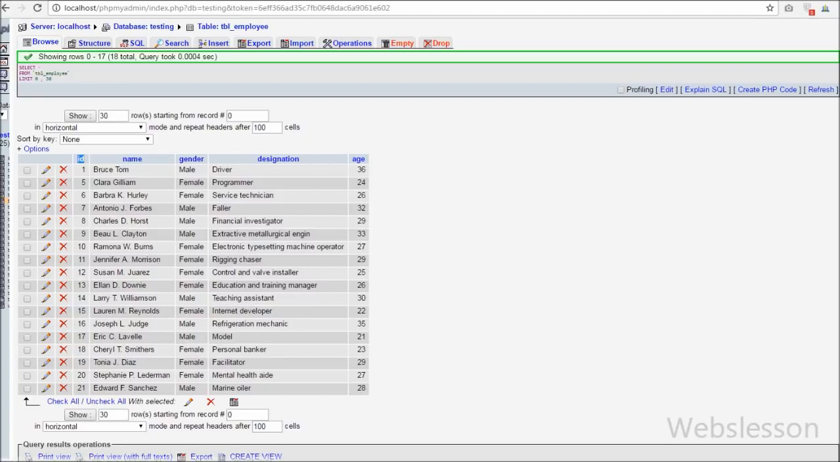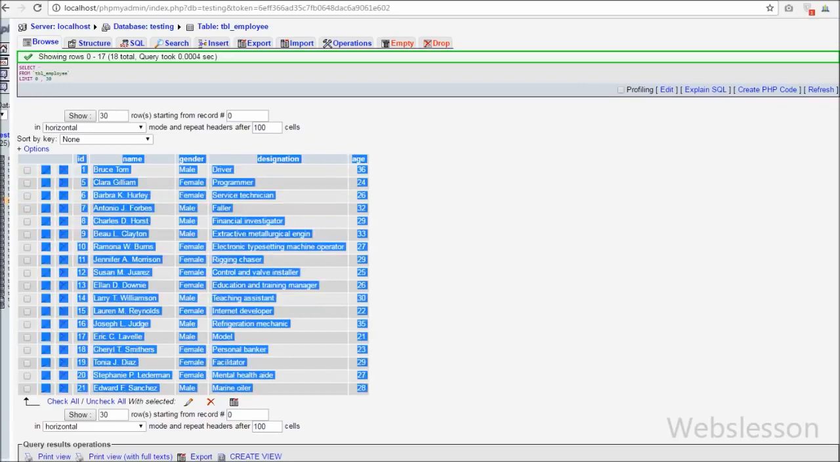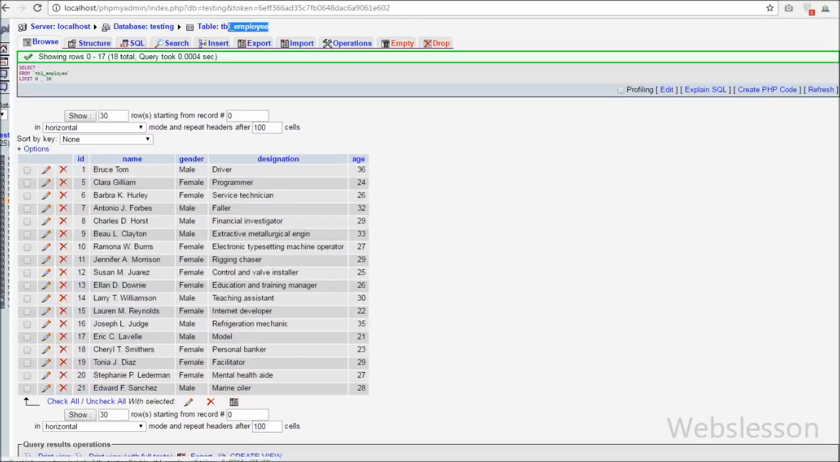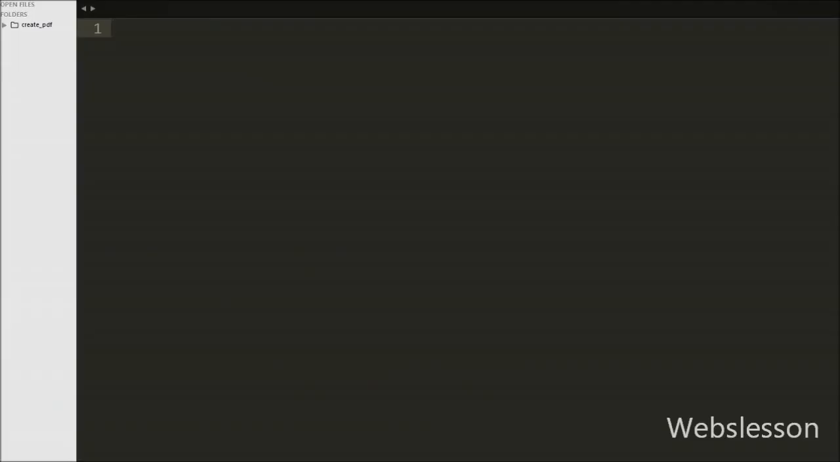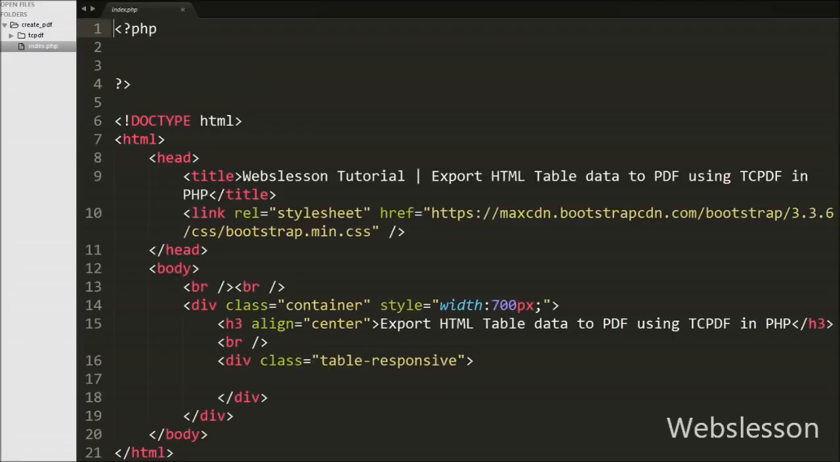This is my testing database, and in this database we have one employee table with 5 columns: id, name, gender, designation and age. We have already inserted some data into this table. Now we want to show this data on a web page in an HTML table, and after that we want to export it into a PDF document. Then we go to my working folder, which is create_pdf, and in this folder